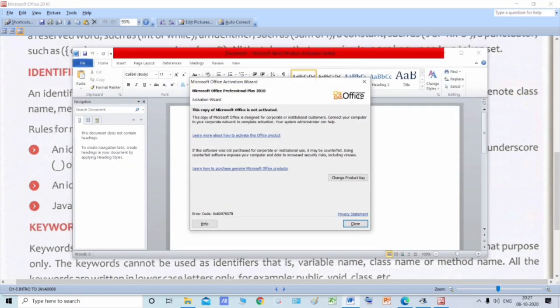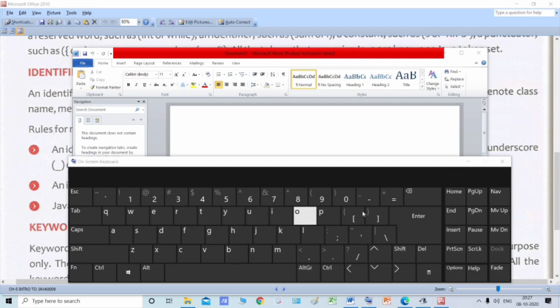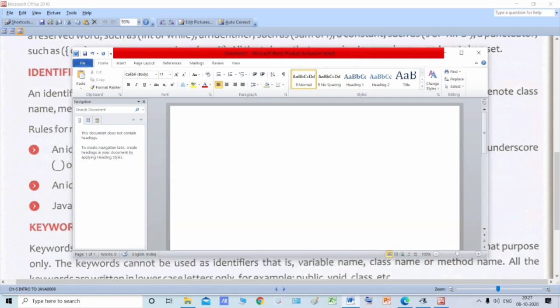I'll just show you this symbol over here. This is the underscore symbol. Don't confuse underscore with hyphen. This is underscore and this is hyphen.